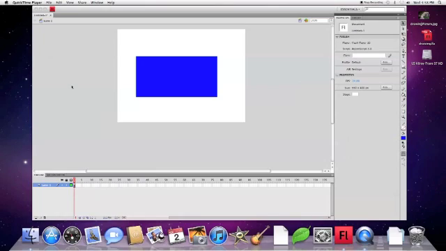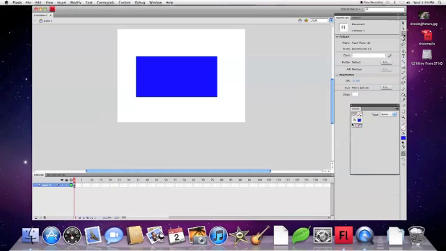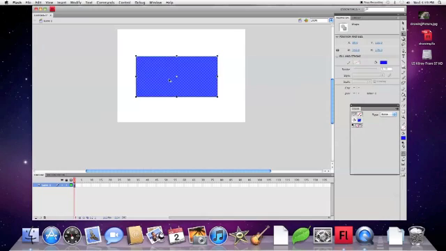So first, to get started, let's select the free transform tool. It's the third one from the top, click on it. As you can see, its shortcut is Q, so there you go. So let's click on the object that we want to alter. Click on it and you can move it up, down,